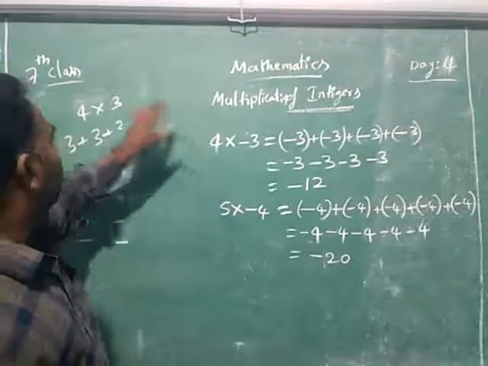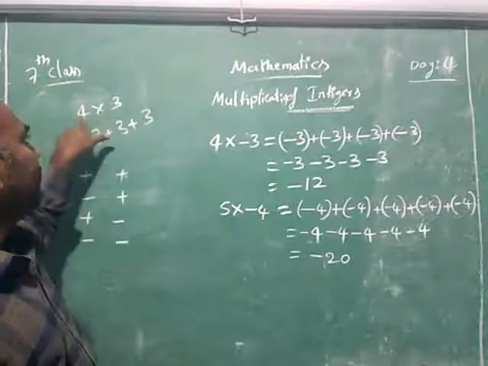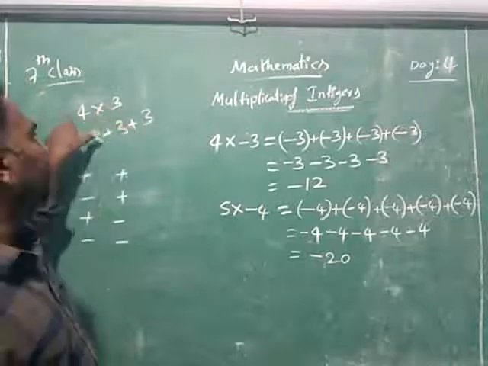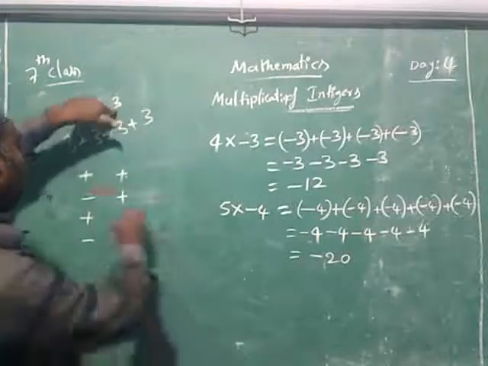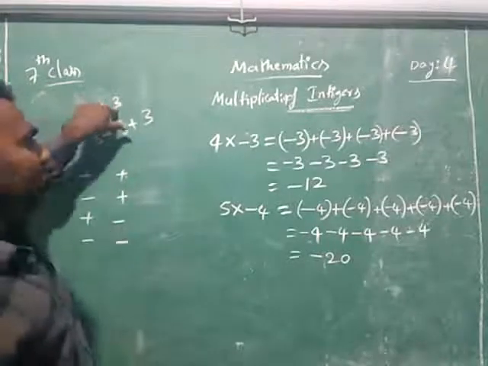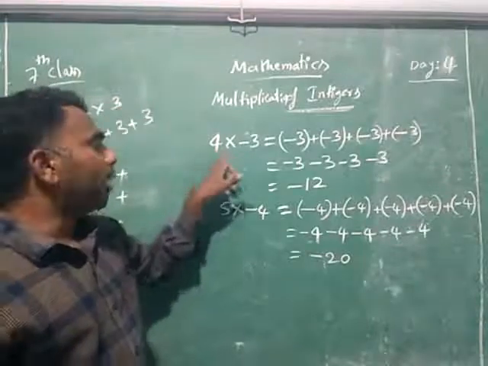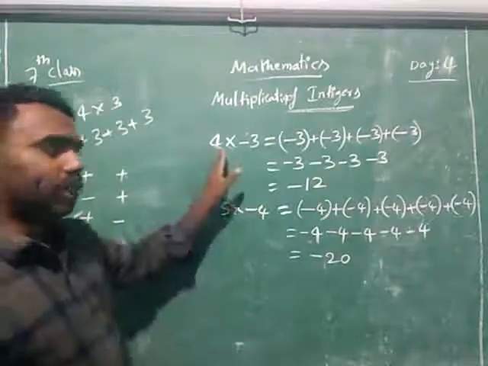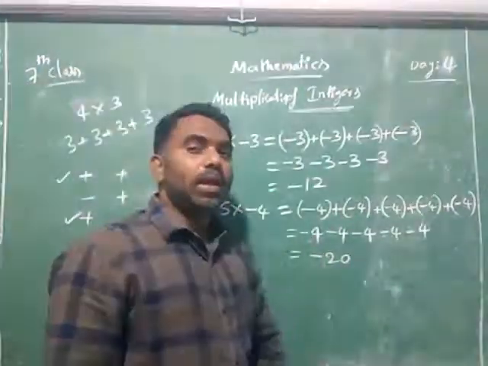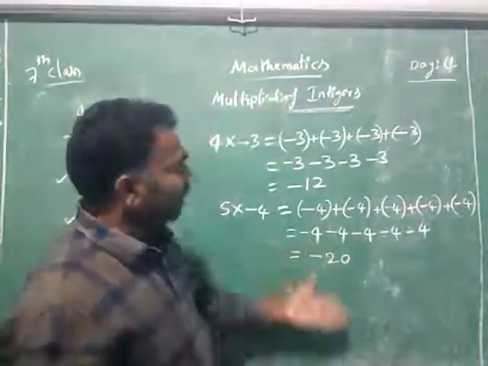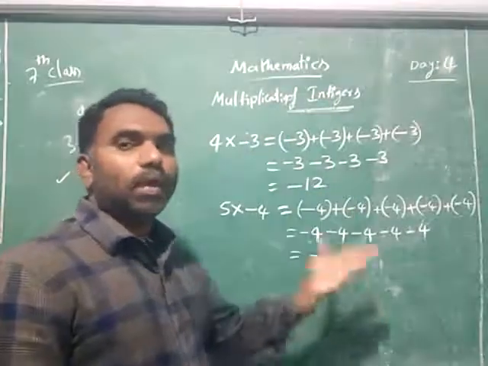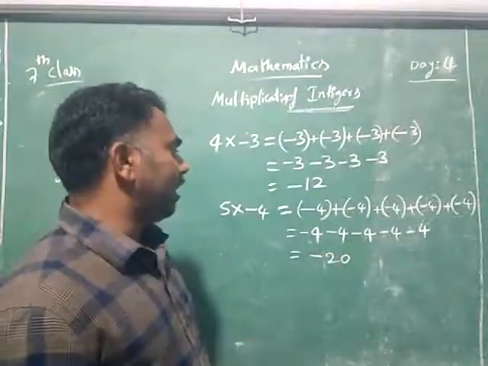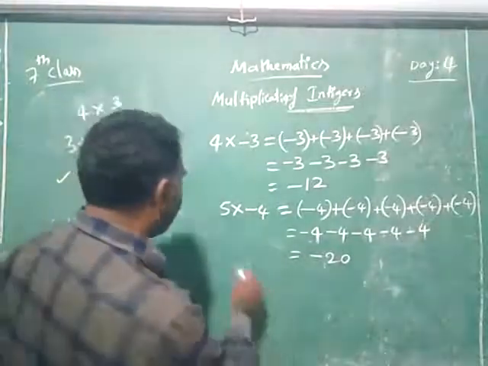But here you see, first we have learned positive and positive multiplication. Positive and positive, so this is done. And second time we have learned positive and negative. This is one way of doing it, but finally we can't write it out elaborately like this. Without elaborating, we can easily find answers. That is how I will explain here.